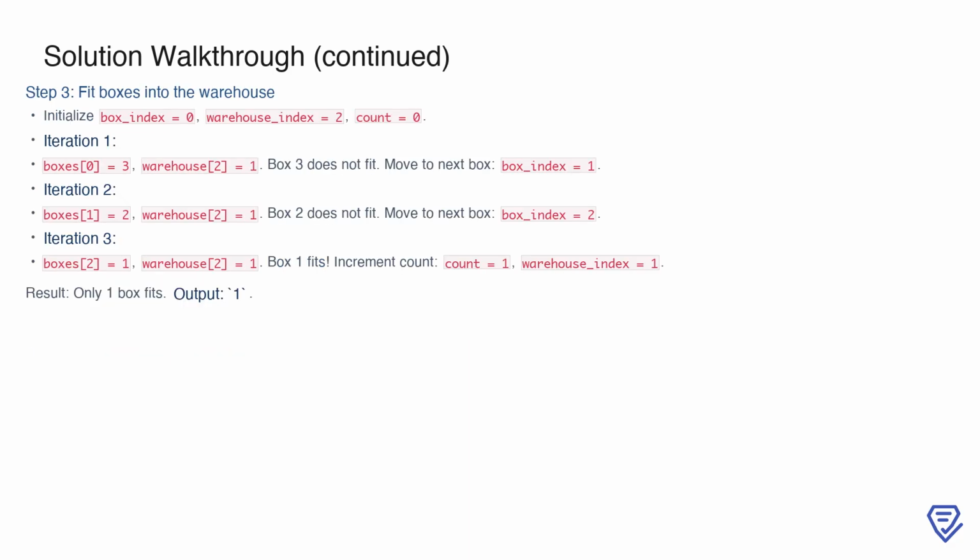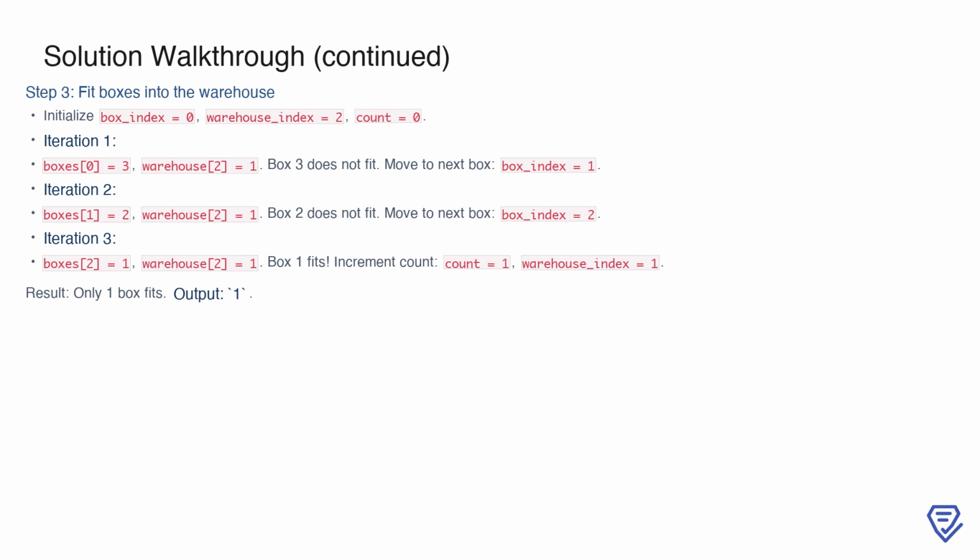Finally, we attempt to fit the sorted boxes into the adjusted warehouse. Starting with box_index equals 0, warehouse_index equals 2, and count equals 0, we begin checking the boxes. The first box, with a height of 3, is too tall to fit into the warehouse position with a height of 1, so we move to the next box by incrementing box_index. The second box, with a height of 2, is also too tall for the position with height 1. The third box, with a height of 1, can fit into this position. We increment the count to 1 and move the warehouse index to the next position on the left, warehouse_index equals 1. With no more boxes to check, the output for this example is 1, as one box successfully fits into